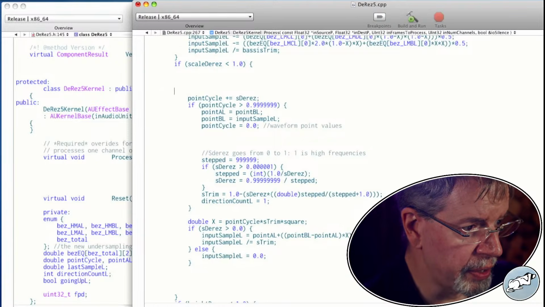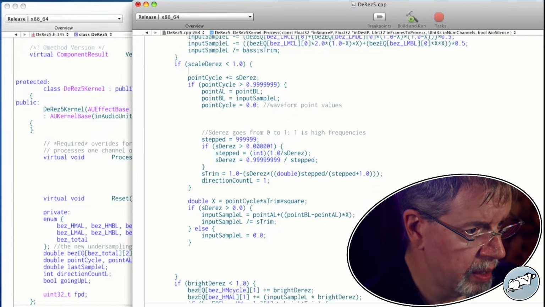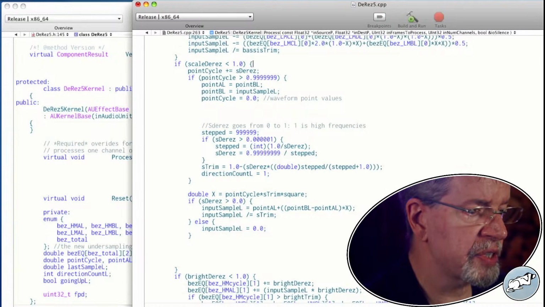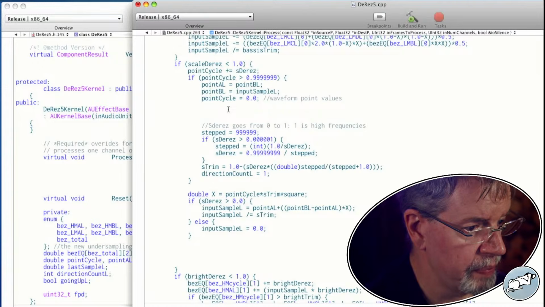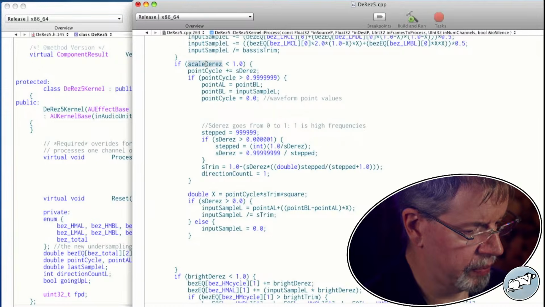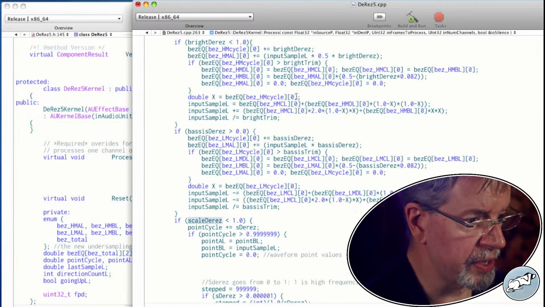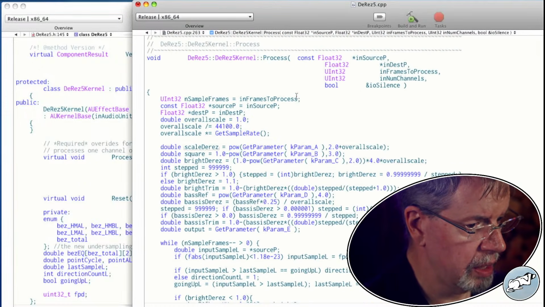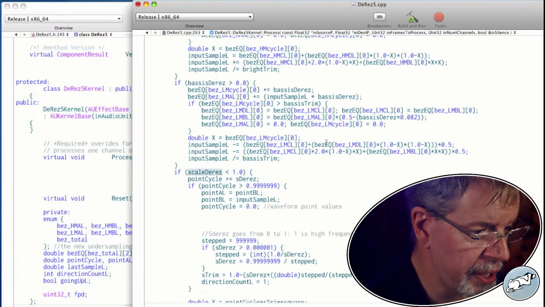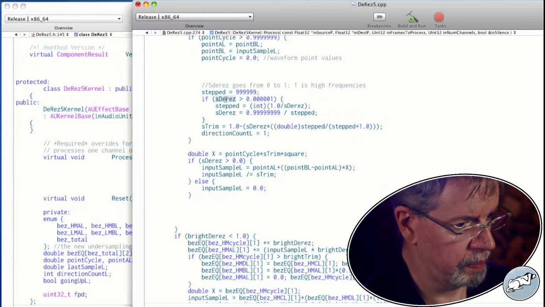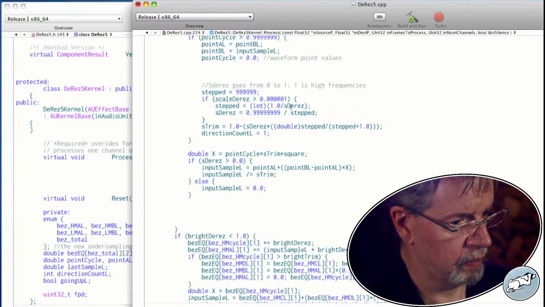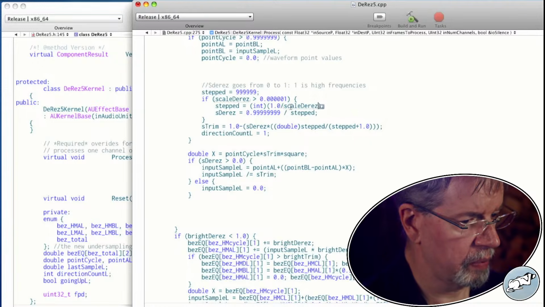So this part only runs when we have scale deres enabled. We can assume that's going to be the case. I believe previously what was up here and is now down here works kind of like this.